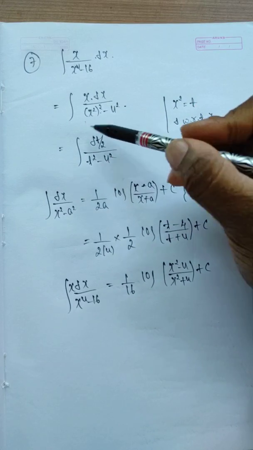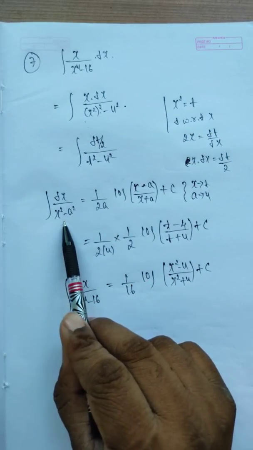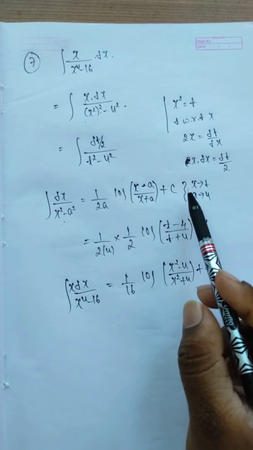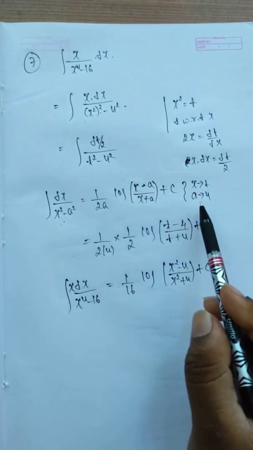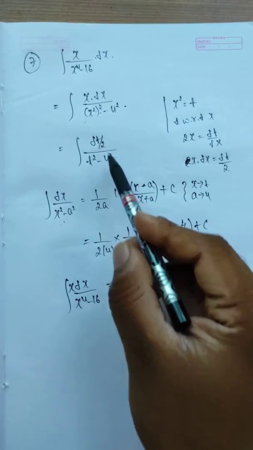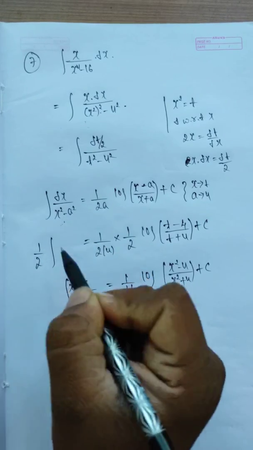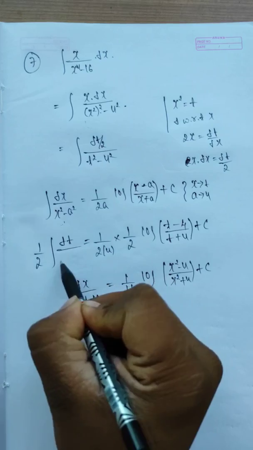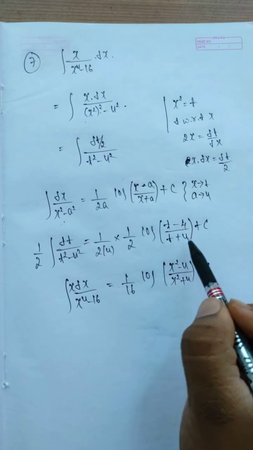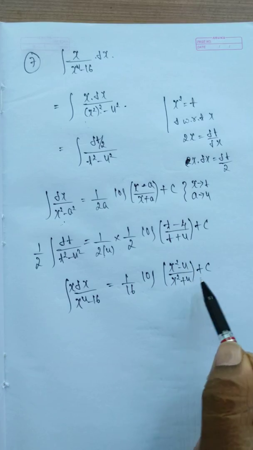When you compare this given problem with the standard form, this is the formula you want to use. Integration of dx by x square minus a square is 1 by 2a log of x minus a by x plus a plus c. On comparing, x is replaced as t, a is replaced as 4, means 1 by 2 into 4 into, here we have a 1 by 2. On the integration, you take the 1 by 2 outside, because on integration the constant will be outside. So log of x is replaced as t, a is replaced as 4. Here 2 4s are 8, 8 2s are 16, 1 by 16 log of x square minus 4 by x square plus 4 plus c.